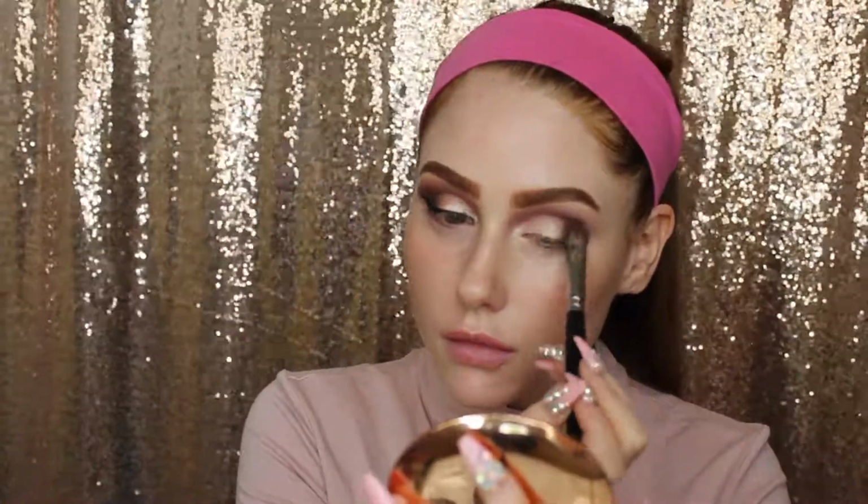Then I'm taking this flat shadow brush here and I'm spraying some Fix Plus on this brush to get it a little bit damp. And I'm taking the darkest shade in the Unzipped palette called Untamed. And I'm packing that in the corner. And with this buffing brush here, I'm just buffing out some of the darker shade. And with my makeup wipe, I'm just gonna wipe under my eye to remove any of the fallout. Now with the Kat Von D Tattoo eyeliner, I'm going to go ahead and draw the other wing on. Alright, now that I have my winged eyeliner done, I'm going to go ahead and